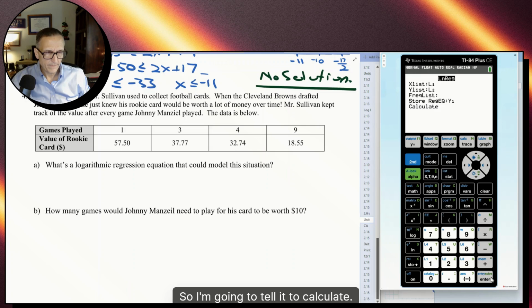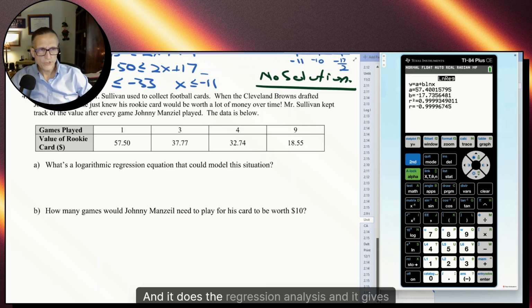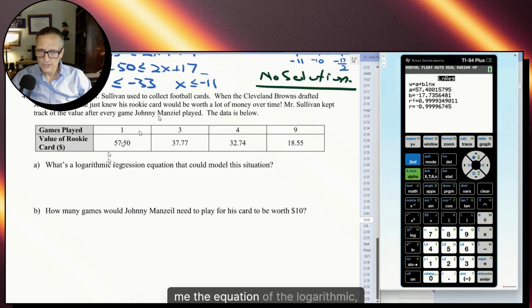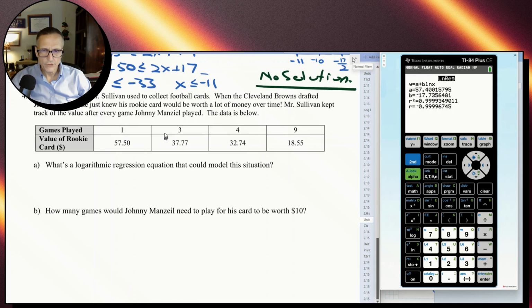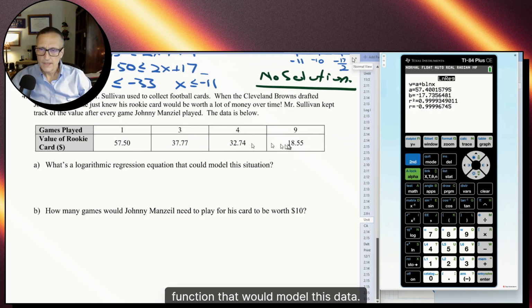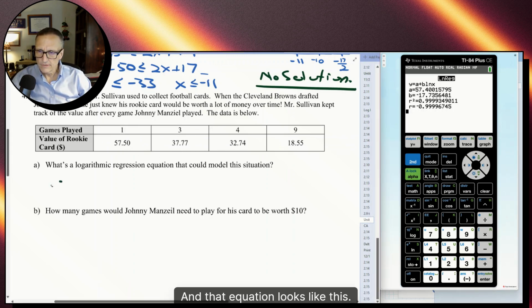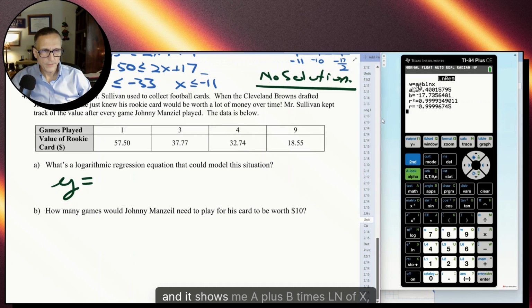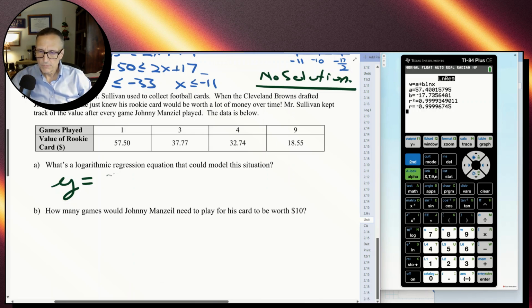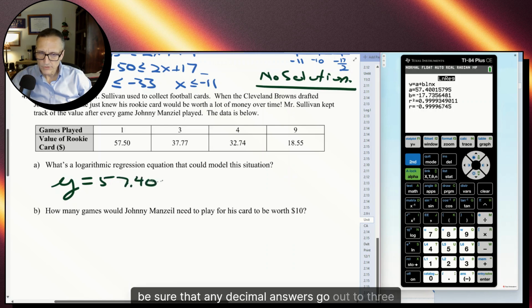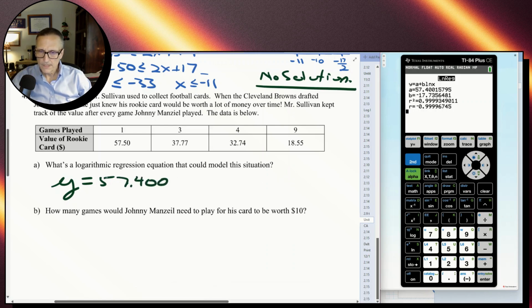So I'm going to tell it to calculate, and it does the regression analysis, and it gives me the equation of the logarithmic function that would model this data. And that equation looks like this. Y equals, and it shows me a plus b times ln of x, where a is 57. When you are using your calculator, be sure that any decimal answers go out to 3 decimal places. So 57.400 plus